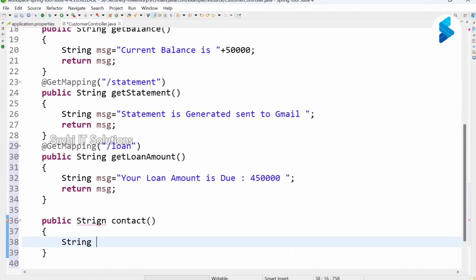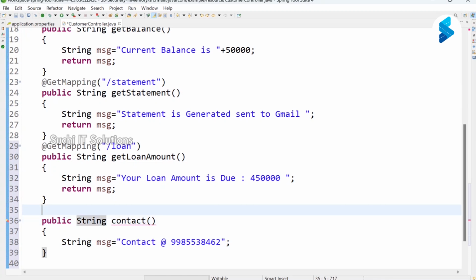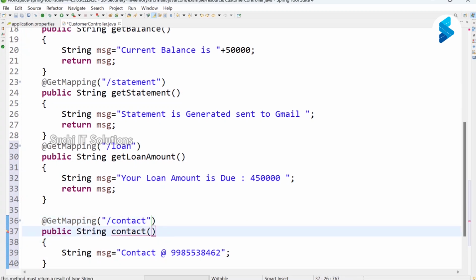String message: contact 9985538462. Right. @GetMapping contact. So it means that anyone can contact.